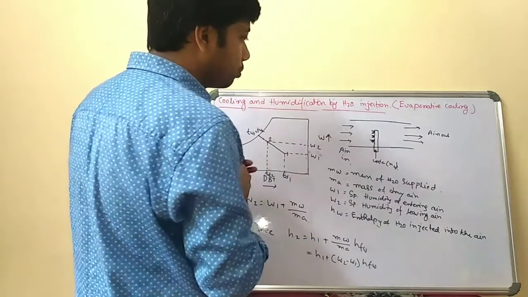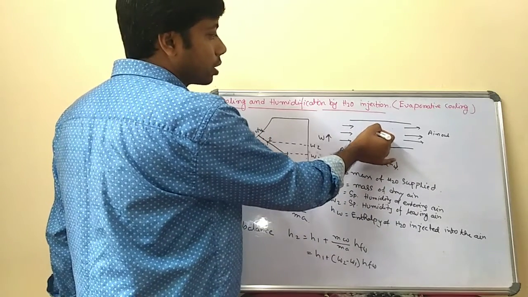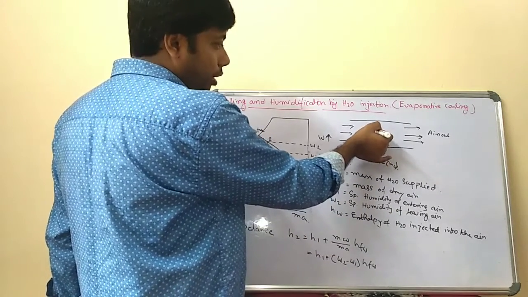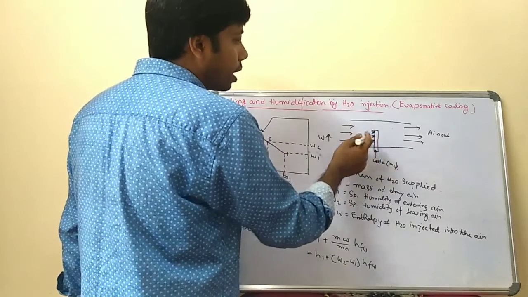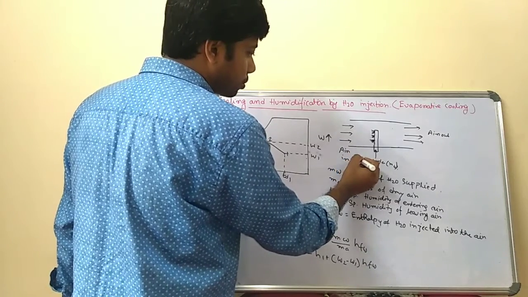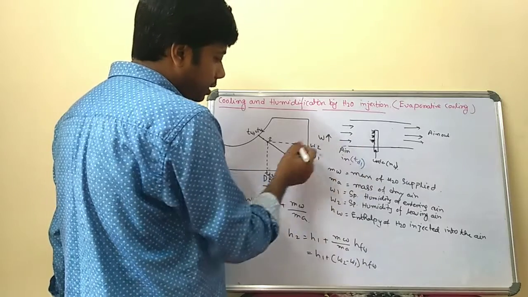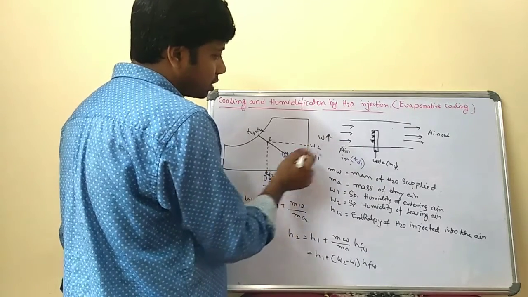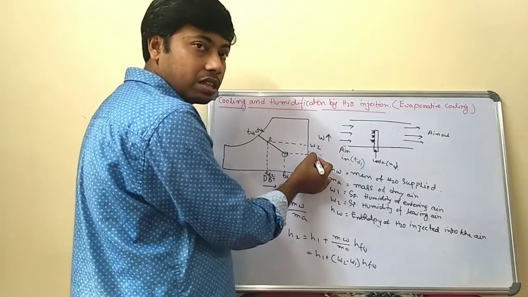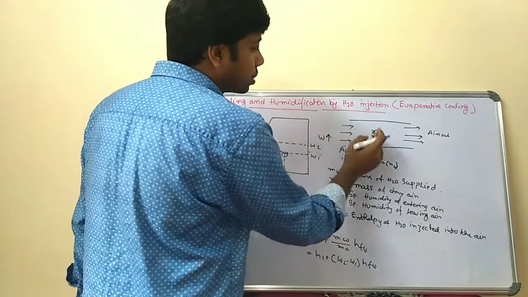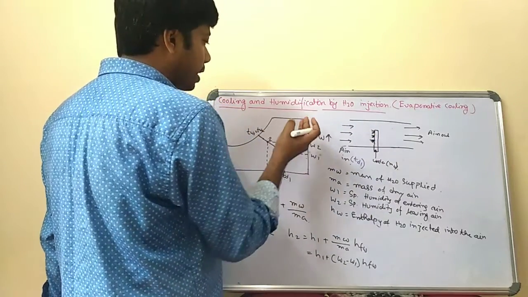Suppose this is the arrangement in which the spray nozzles are there, through which the water is supplied, and the water's liquid droplets are sprayed through the air entering the arrangement. Suppose the dry bulb temperature is TD1. This is the entering condition, section 1, with dry bulb temperature TD1, wet bulb temperature TW1, and specific humidity W1. Now the air is passed through this water injection process, and the process is the same: cooling and humidification.